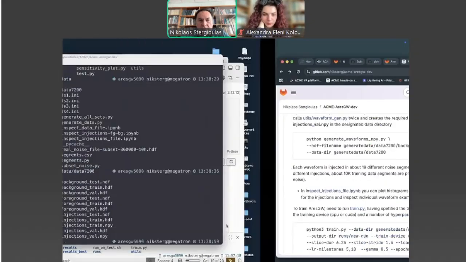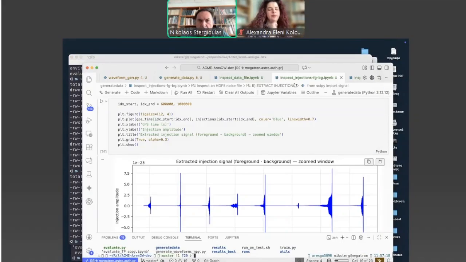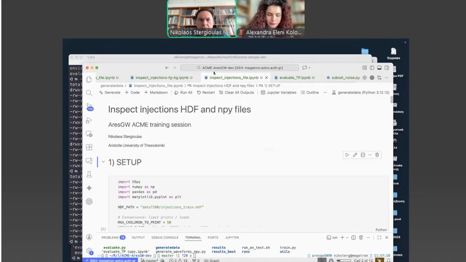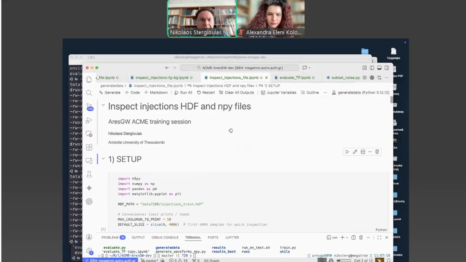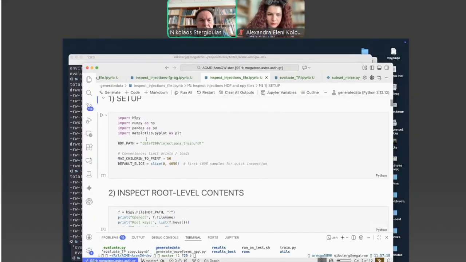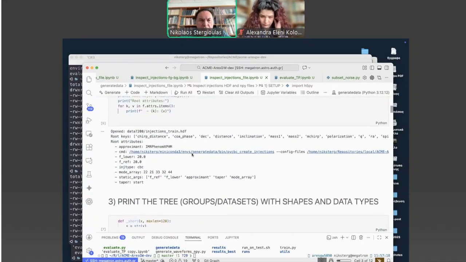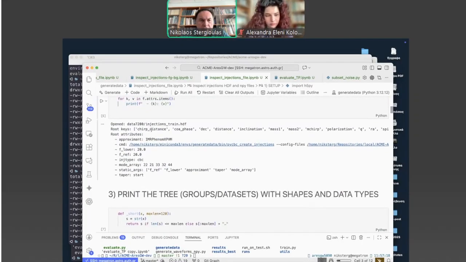We can inspect what we have generated using this file here. This is a notebook, inspect injections file. So we specify, for example, we can see what is contained in the injections train file. We load it. If we inspect the data structure, at the root level, it has a lot of information.